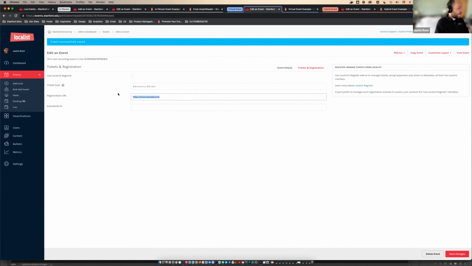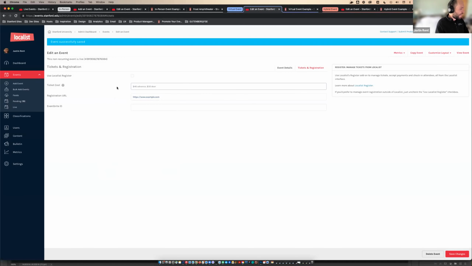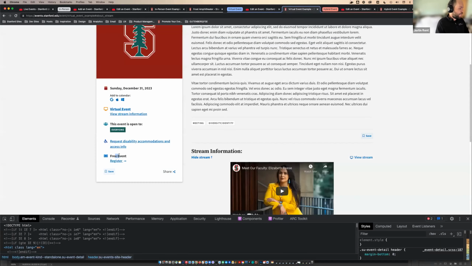And if you put a registration URL, whether it's a Zoom registration or a Google form or some other place to register that people are coming to the event, what you'll get on the front end, and notice I have this blank here. So in my example, I have a blank ticket cost field. What you're seeing there is just placeholder text for the field. Registration URL, I have a URL in. I get free event, and I get a link that says register,